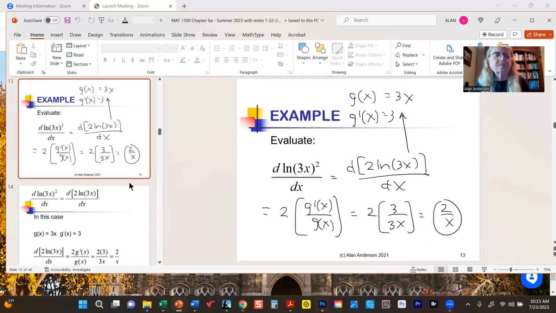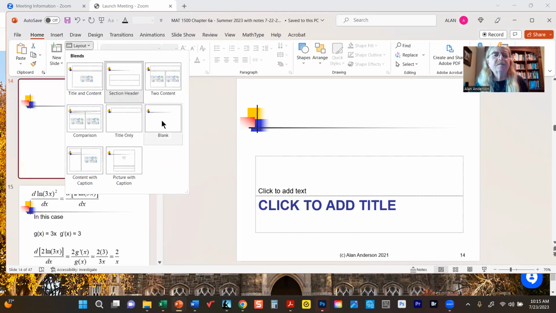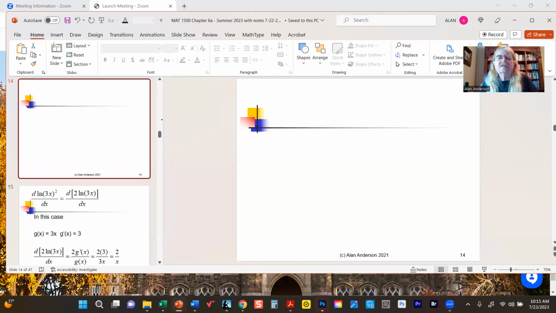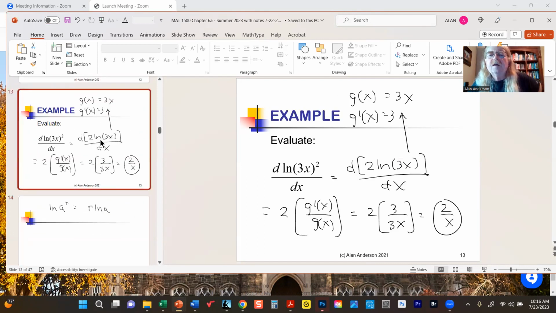Just a quick reminder, as we saw yesterday, if you have something like log of, let's say, a to the r power, it can be rewritten as r log a. And in a lot of cases, that will really make things a lot simpler for us. It's not necessary, but here, what I'm thinking about doing is rewriting this as the derivative of 2 times